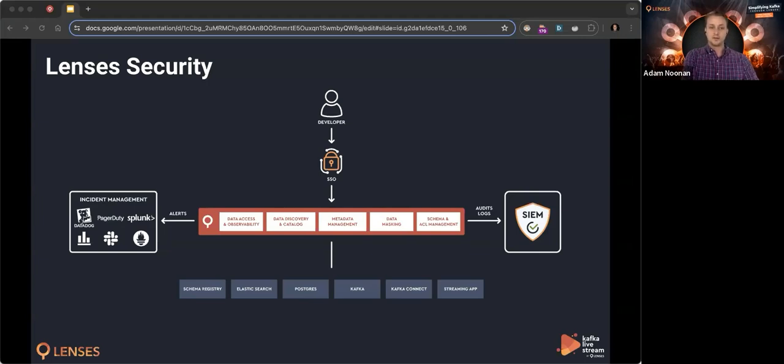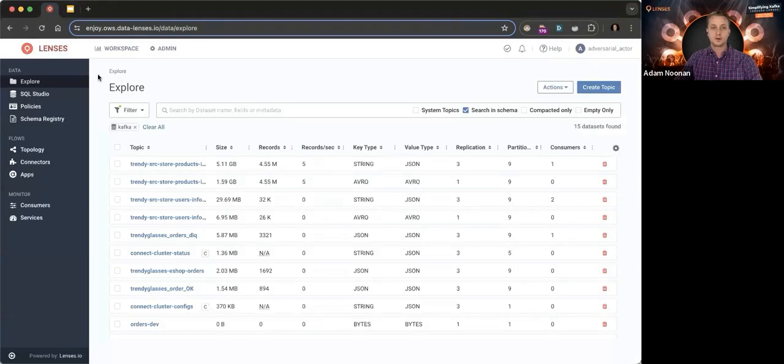After that, we also have alerts for incident management. We have out-of-the-box integrations with Datadog, PagerDuty, Splunk, Prometheus Alert Manager, Slack, and then webhooks for anything that we don't have available out of the box. And then we have full audit logs that you can easily export to our security and incident event management platform. And that'll be a good segue into our demo where I can show how all of that works in our